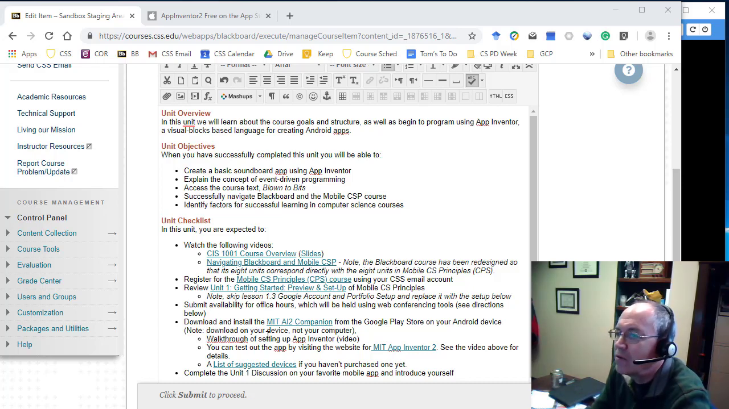Hello, this is a quick walkthrough of how to set up MIT's App Inventor, which we'll be using in our computer science principles class. Instructions here say that you need to download the MIT App Inventor Companion from the Google Play Store. It should soon be available for iOS, Apple phones, but as of now, January 2019, it isn't